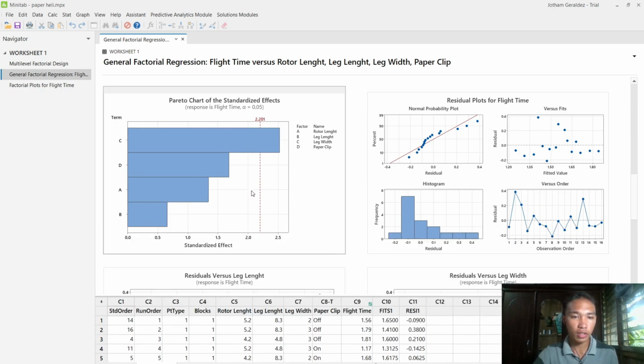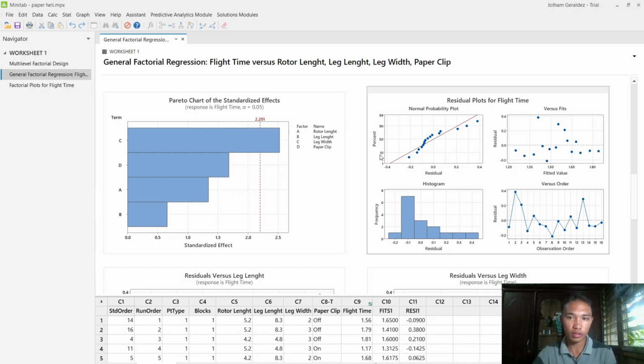As you can see, the chart shows that the factor C, or the leg width, has the greater effect to our flight time. So the factor C has the greater effect. That's what it says. So also on the right side,